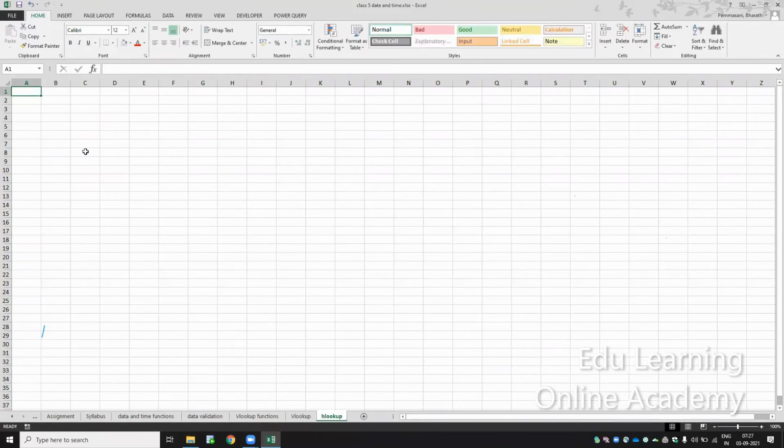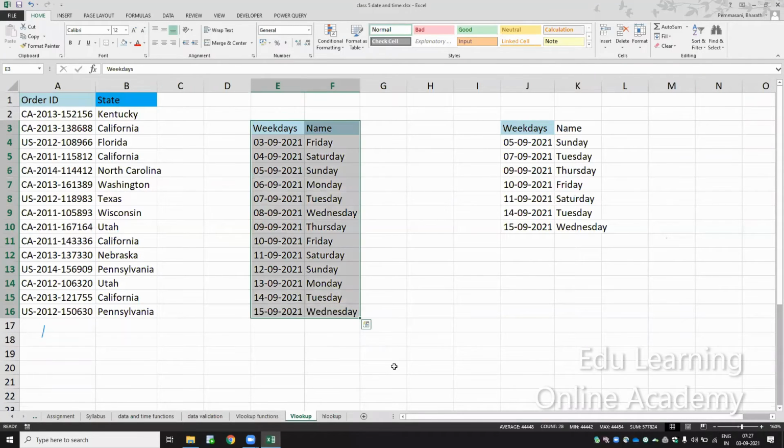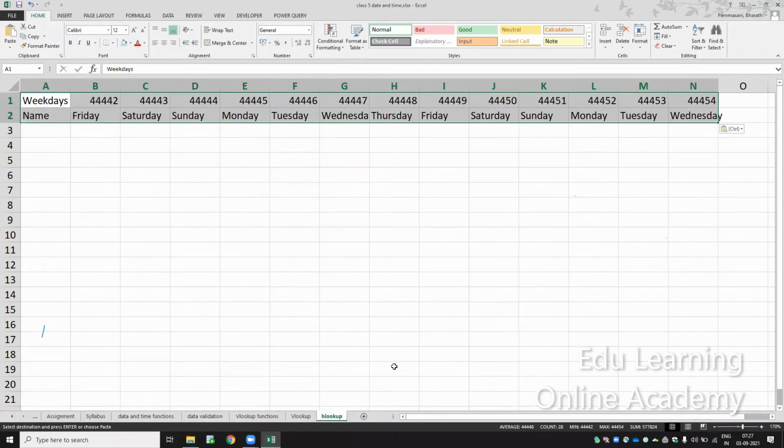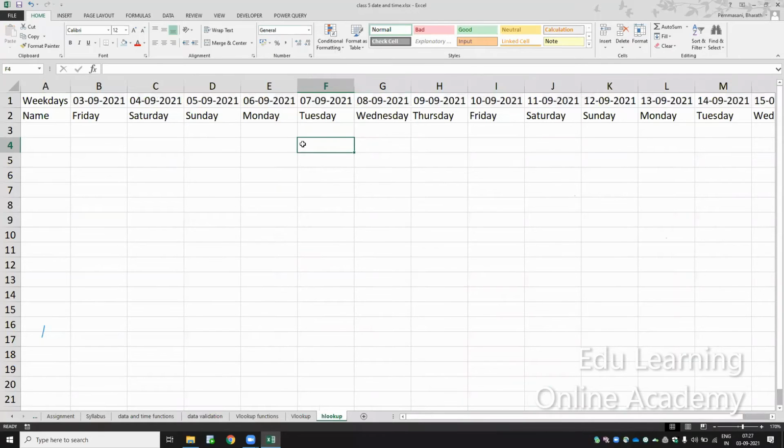HLOOKUP. Let me copy the same data and paste it here. So now I have the dates here. And I wanted to get the month number.